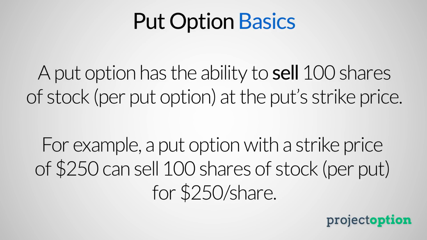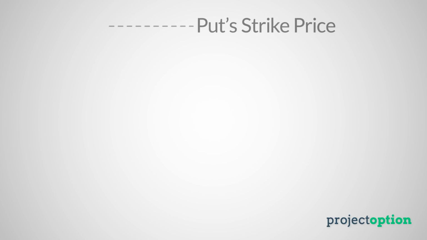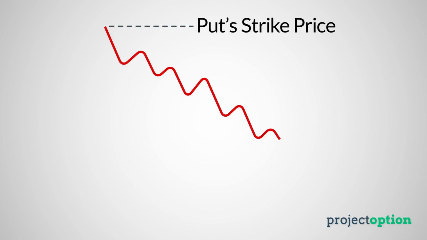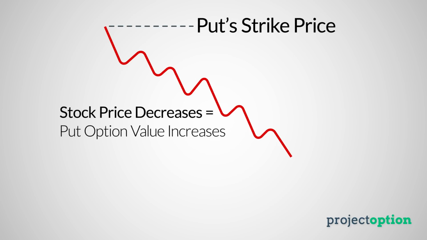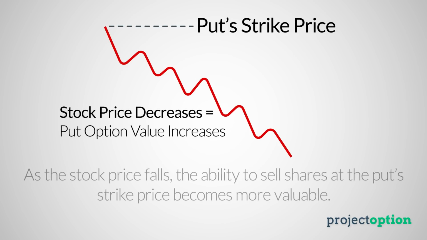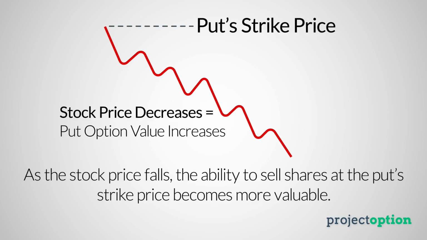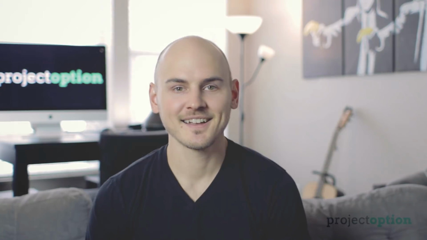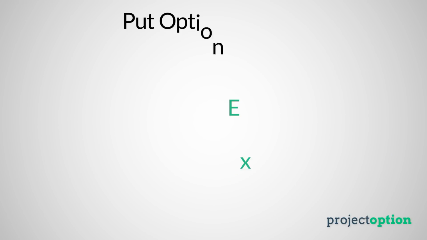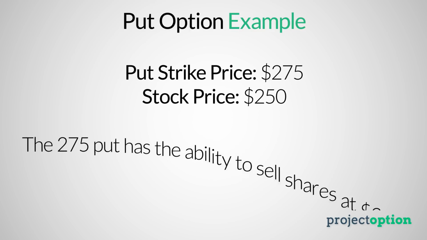So while call options become more valuable when the stock price increases, put options actually become more and more valuable as the share price decreases, because with that strike price, as the share price gets lower and lower, there's more benefit in being able to sell shares of stock at the put's strike price compared to the current stock price, which is much lower. So as an example, let's say we have a $250 stock